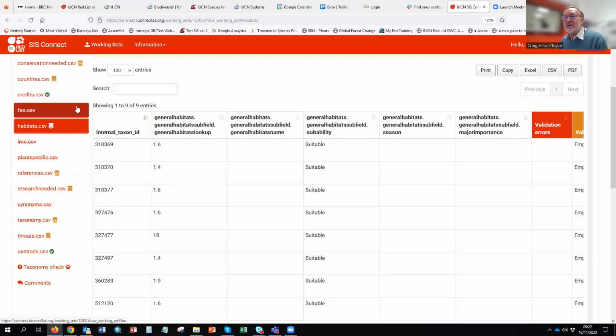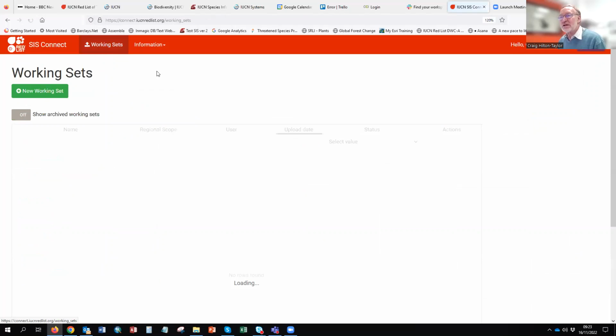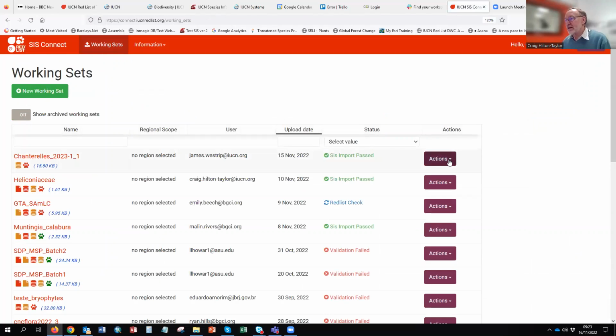You upload your zip file, and once it's uploaded, it runs various checks in the system to see if the data matches what the system expects. It's looking at data integrity. Is it the right data type that's expected? Are there various issues? It uses those checks to generate these different icons against the individual files. You can then open your file once it's in, and say, oh yes, that's all fine, I think it's okay. I can then push that over to the Red List unit, because they can then decide what they want to do with it. So if I go back to the working sets, under actions here,